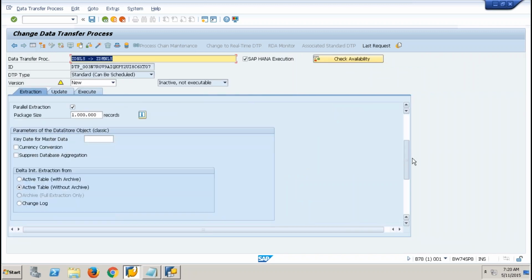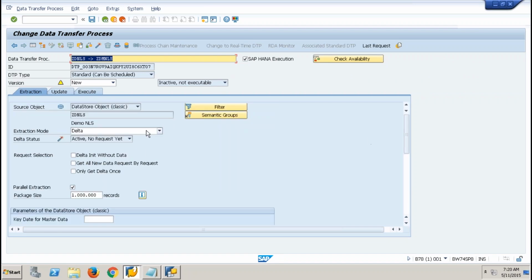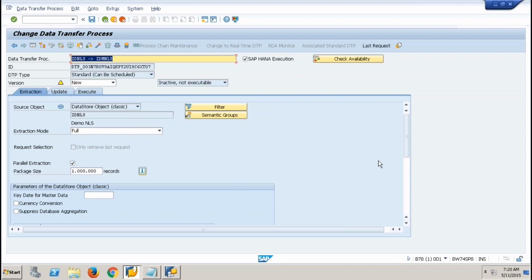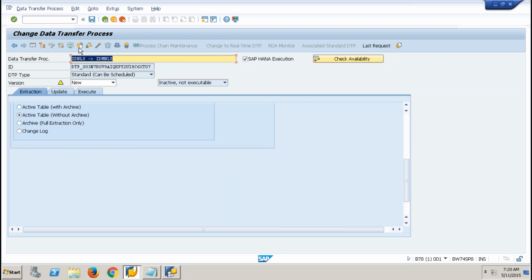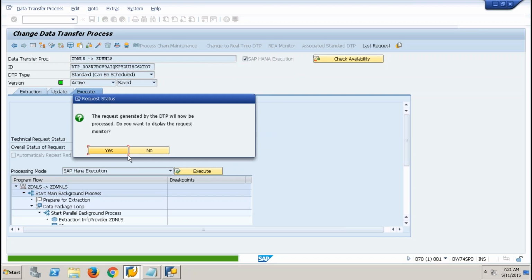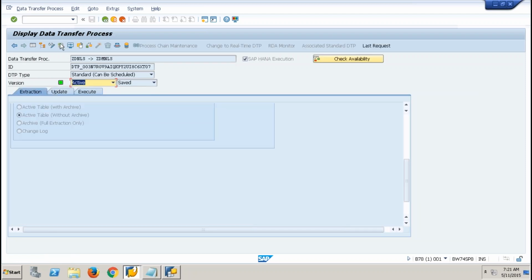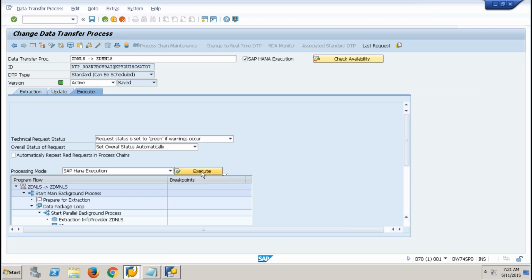Go to the DTP. If you drop down, there is active table without archive. If I do this way, let me do full so that I can do it multiple times. If I say active table without archive, it will only load the data that is not archived. That is 2014 and 15. See, only 36. But if I say active table with archive, it will extract the data from the DSO as well as